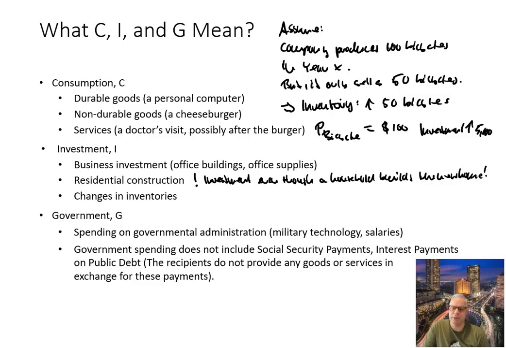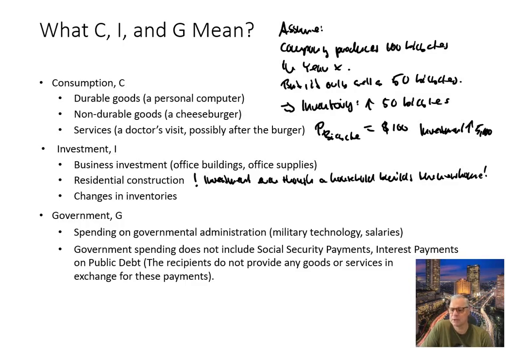Because GDP is the total market value of all final goods and services produced. It doesn't have to be the final goods and services purchased. So if, let's say, the company produced bicycles but didn't sell them all, well, the production of the bicycle